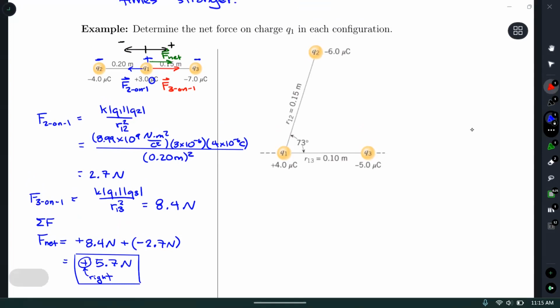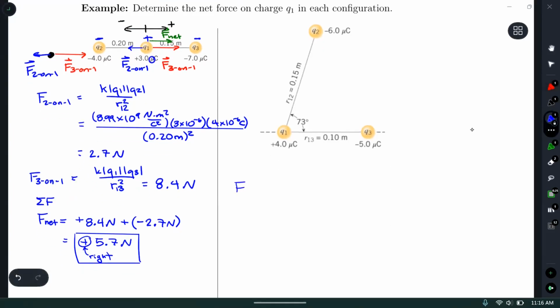Yes. Yeah. So it's like in physics 1, we'd look at a free body diagram, which really I should have drawn, but it would look like this. This will be F2 on 1 and F3 on 1. And since F3 on 1 is to the right, I would list it as a positive component force. And F2 on 1's to the left, I'd list it as negative. If you did the table that we might have done in physics 1,